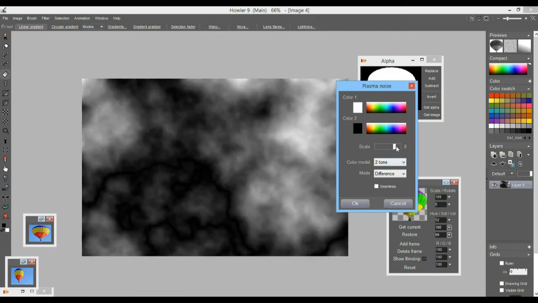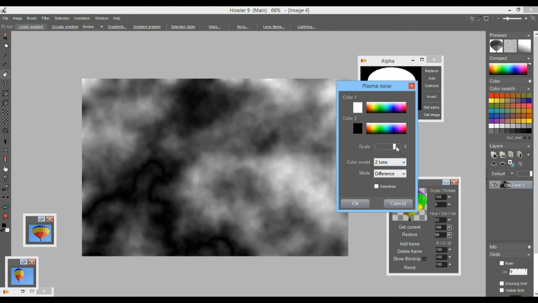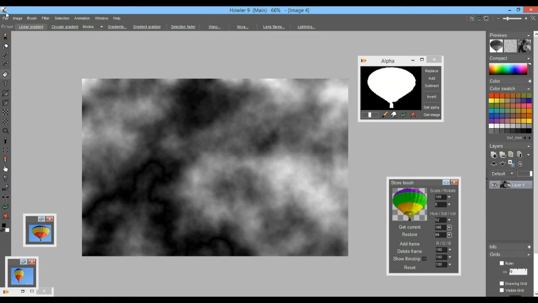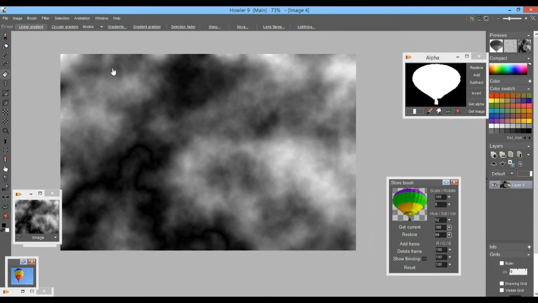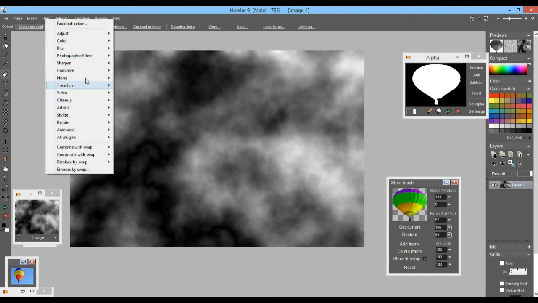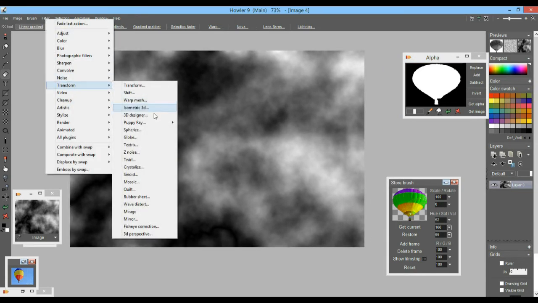Let's see if we can. I think I had one just earlier. There, that'll be interesting. We'll actually probably see down this canyon as well. So let's keep that one. Let's store this image. That's always a good thing to have stored. And so now at this point we should be able to simply go and enter the 3D designer to turn this into a landscape. Transform, 3D designer,